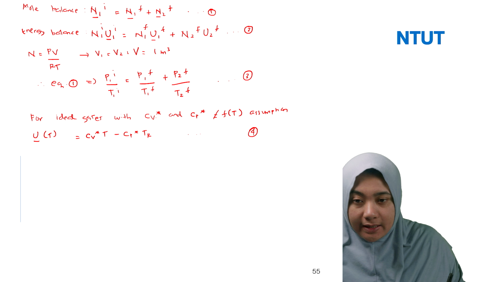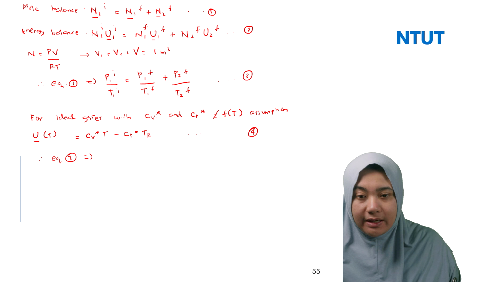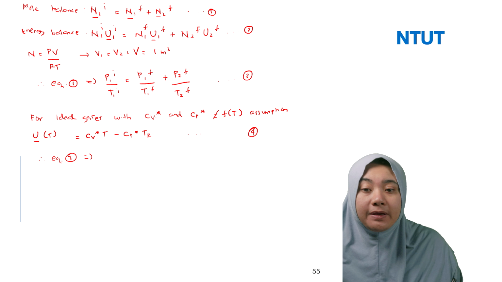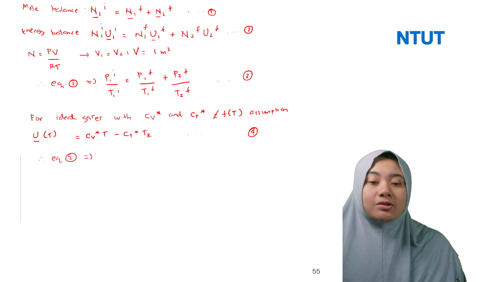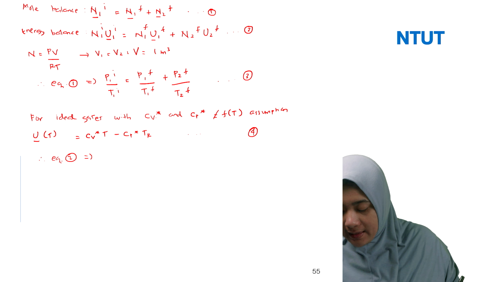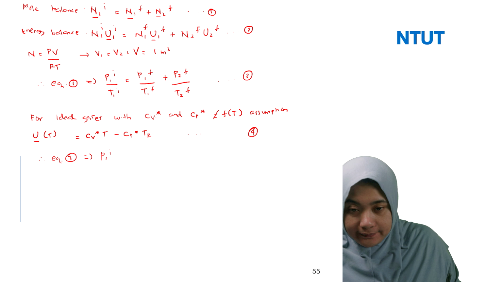Then from equation 2, we can divide this equation, because we have P1 T1, and the P1 T1 here we can combine into the energy balance. So we can replace n in equation 2 with P1I divided by T1I and so on. And U in here can also be substituted from equation 4. Therefore, this equation becomes P1I divided by T1I